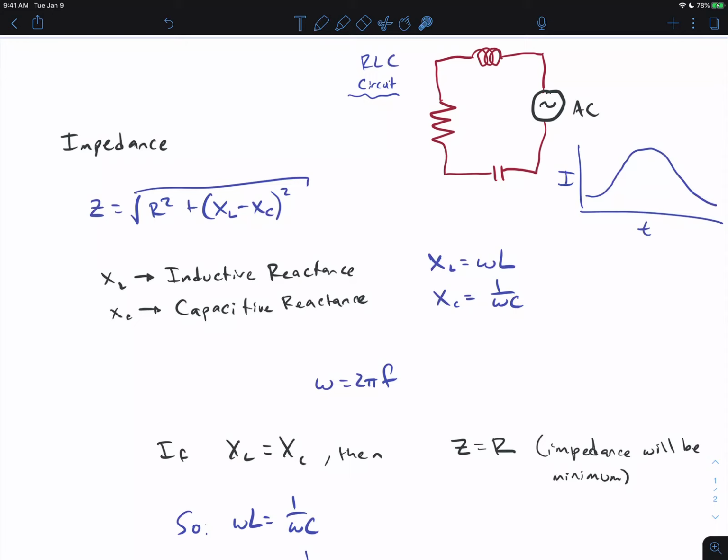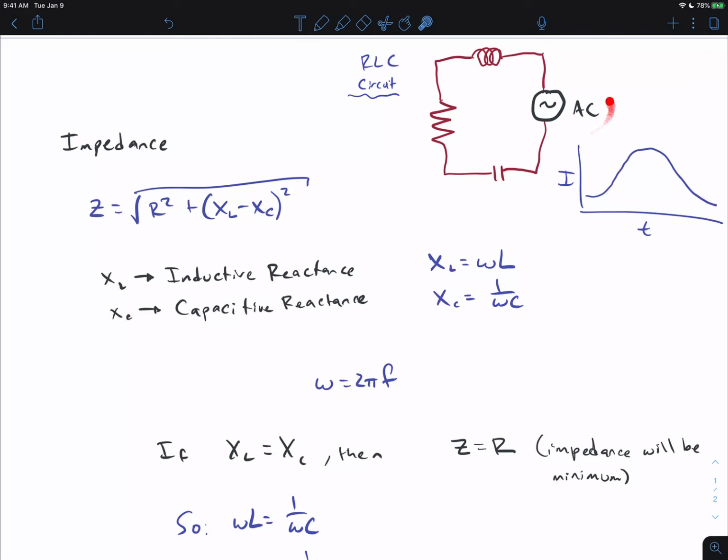So on this graph here, I start off with a very small amount of current because my inductor is stopping me. And then I start to build more current. I can pass through this inductor, but now I start charging my capacitor, and then my current will go down, right? So I have this kind of curve here. So it's not very interesting if we hook this up to a direct source, but now we're going to have